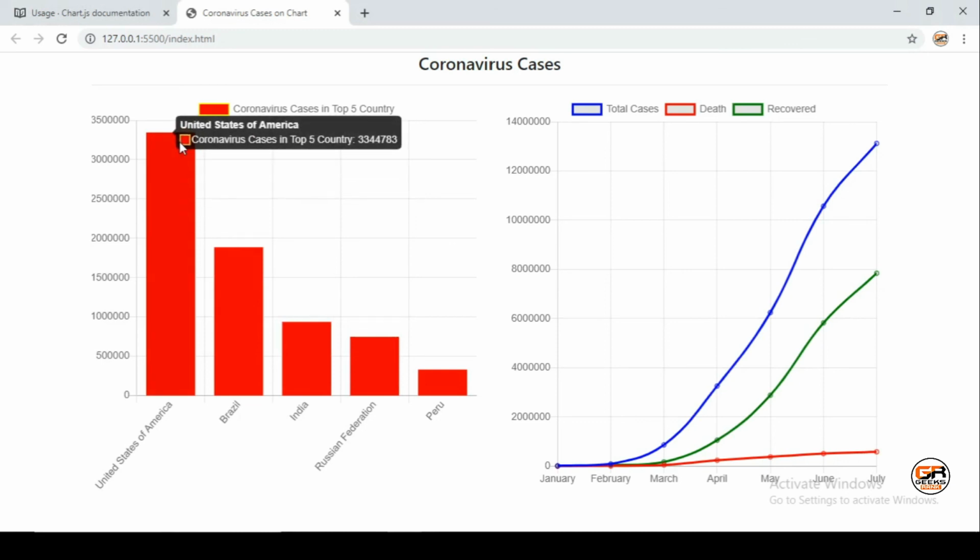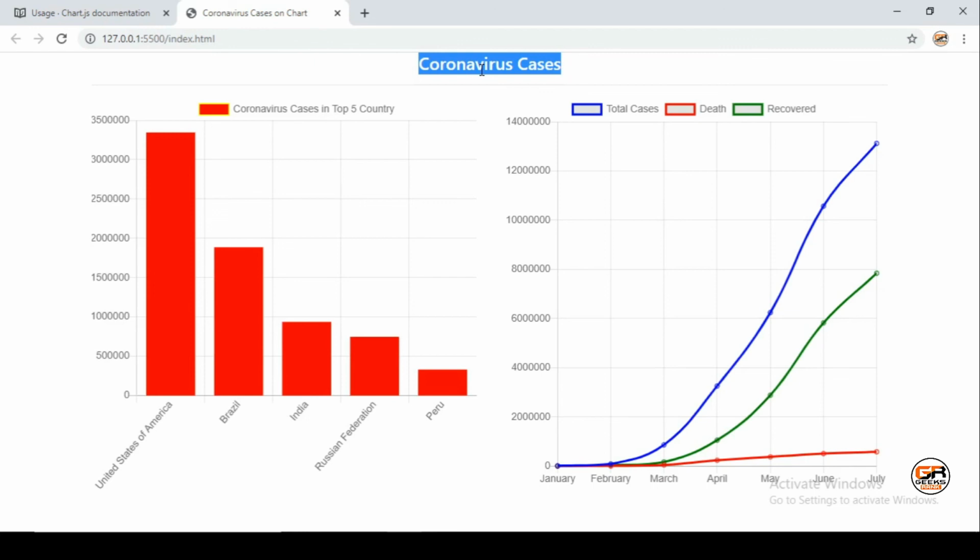In this video we learned how to use charts in our project. As you can see here, we have used the Chart.js library for understanding the chart. You can use this chart in your project. It's easy and it's not a big deal. For your reference, I will put the GitHub link in the description, from where you can download and grab the code and see the code directly.